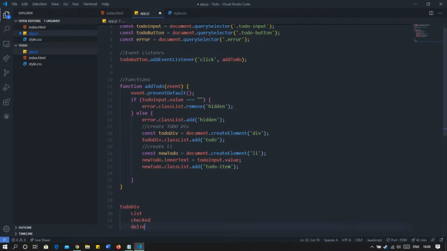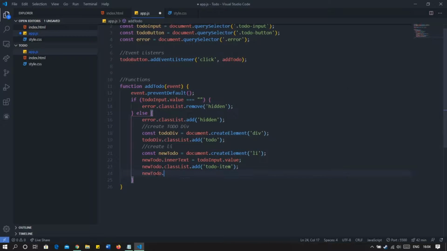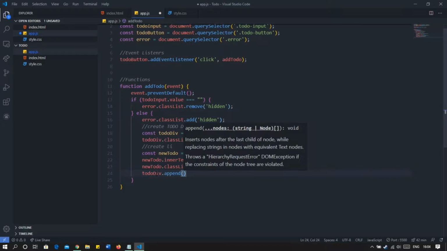To do that, we will be using the append function of JavaScript so that we can add it. So new to do dot, we will append it to the to do div. So to do div dot append. So we will be adding the element that we created to our division.